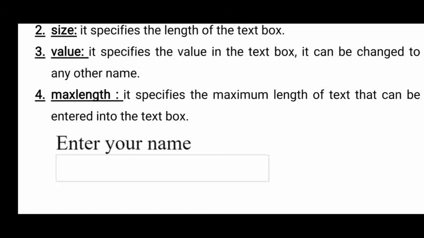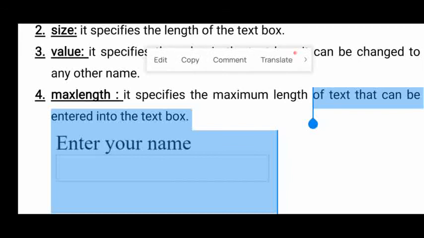Okay, and here enter your name is a text, but instead of that text, if you want to collect any password or checkboxes from the user, their input type will change. So when you change the input type, whatever input you are collecting from a user will also change. Okay, that I will explain practically. In the next video I will send that practical part.